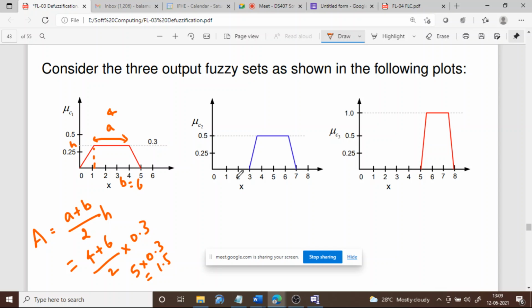Yes, Rupesh. What's the value of H? See, if you are not answering, I will assume that none of you are here and I will mark absent for you all. That's what I am going to do.